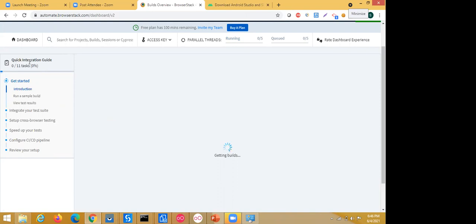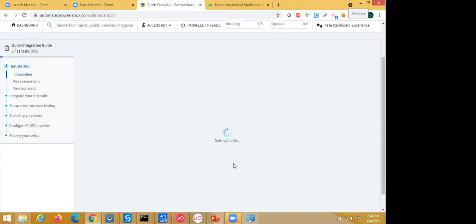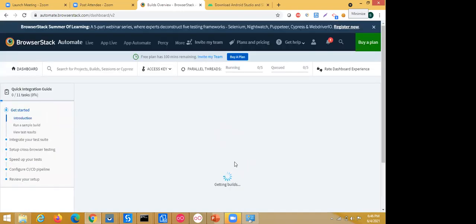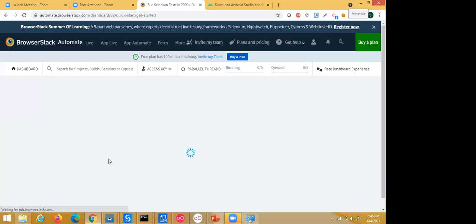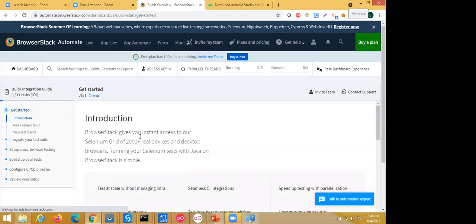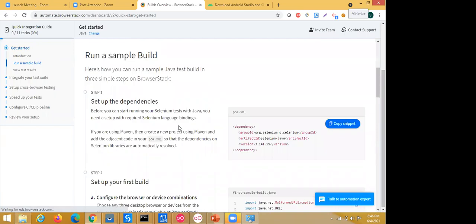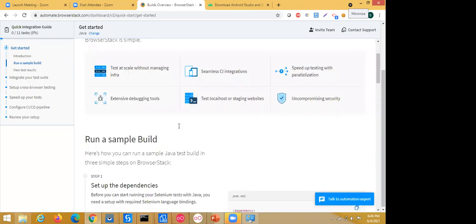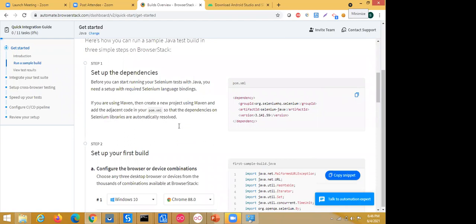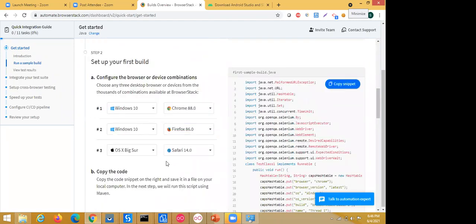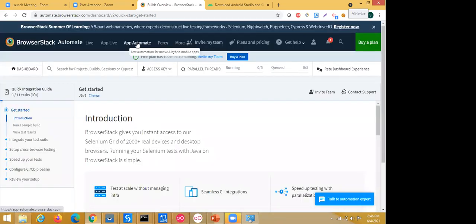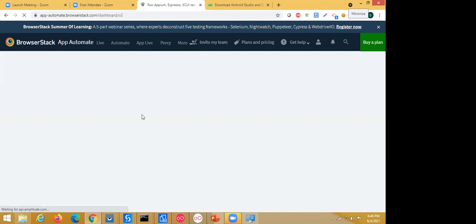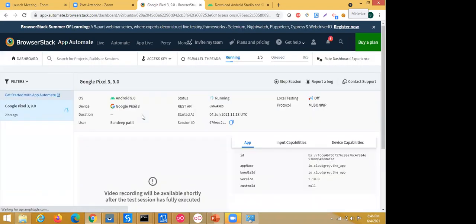So you need to go to this App Automate section, and here we first need to configure our application. For now, we are focusing on mobile automation, that's why we are going here.